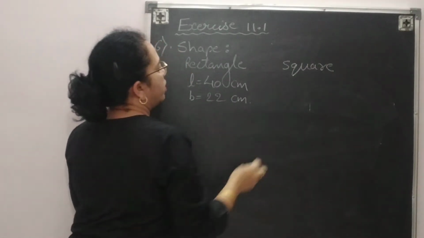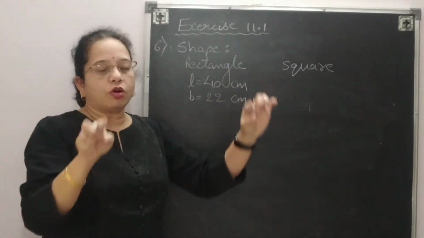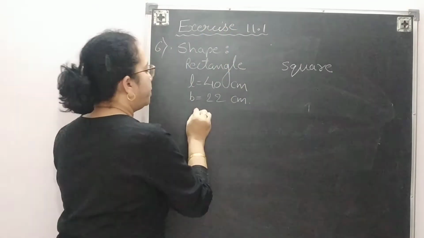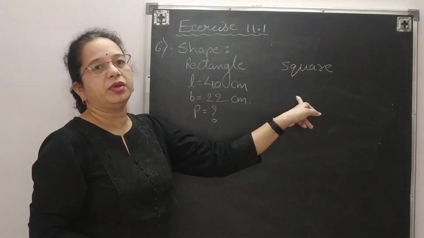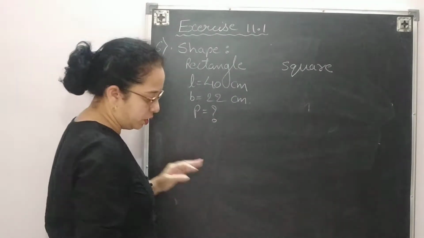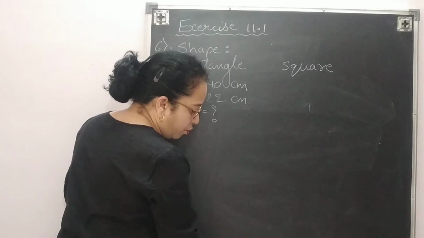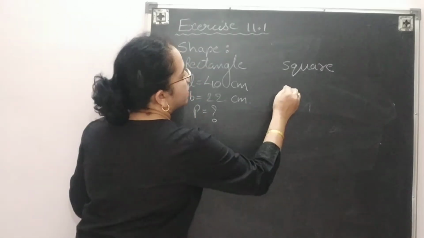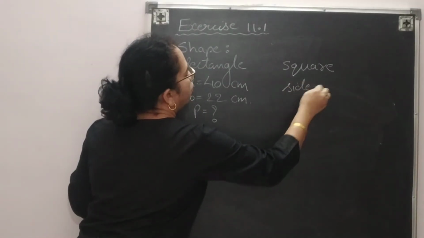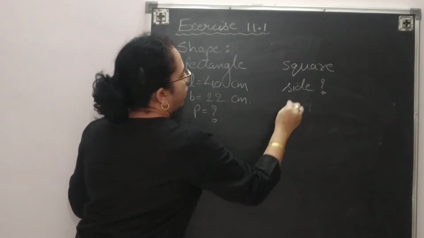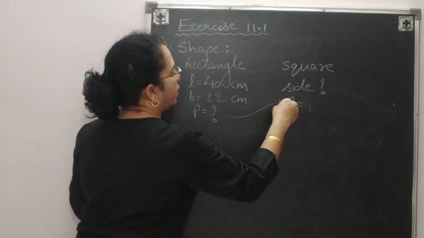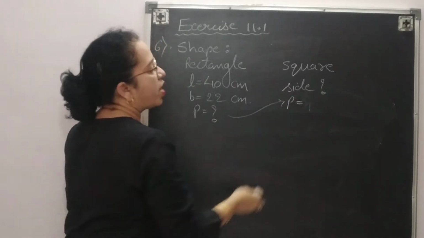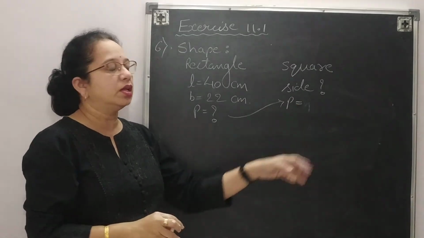So we are making with the same wire. The length of the wire will give you the perimeter. So you need to find out the perimeter, and the same perimeter will be the perimeter of a square also. For the square, what will be the measure of each side? You need to find each side, and what will be the perimeter? The same perimeter you will get here, because the same wire we rebend and make the square.